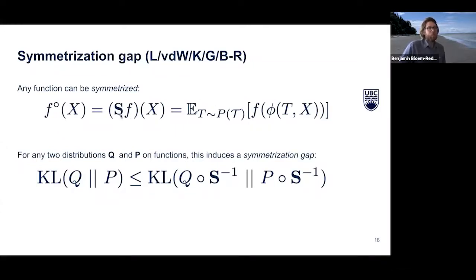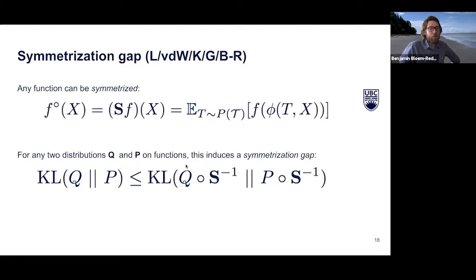This bold S is an operator on functions which produces another function that is invariant to this set of transformations T. So if we have some class of functions and we symmetrize every function in the class with the symmetrization operator, then if we have two distributions on that class of functions, their image measure